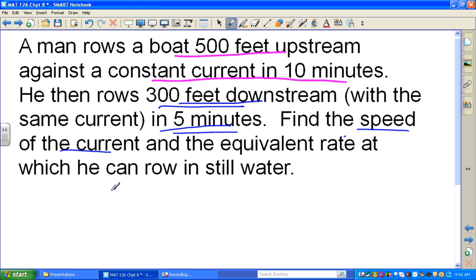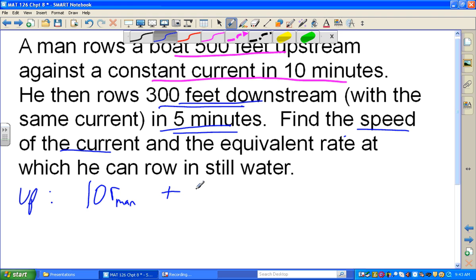Okay. So x plus y, the man's rate, times 10 minutes. Are we going to do this in minutes, or are we going to do it in hours? Minutes? Okay. So it'd be times 10 if we're doing this as far as upstream. One equation for upstream: R times 10, rate times time equals distance. And I'm just going to make it fancy. I'm going to make it 10R right off the bat. There we go. Plus,